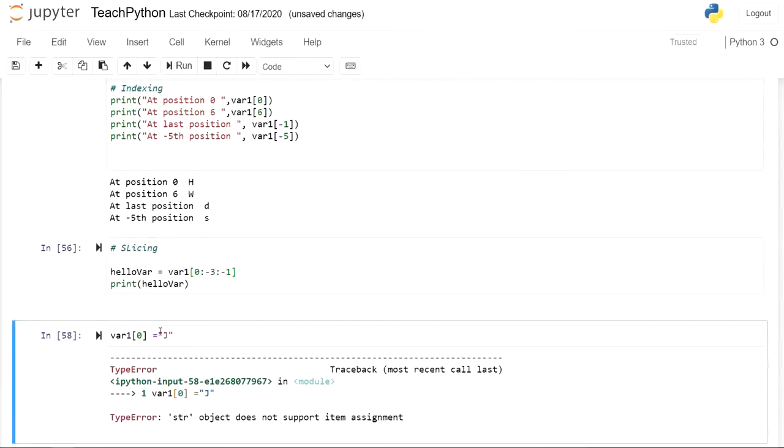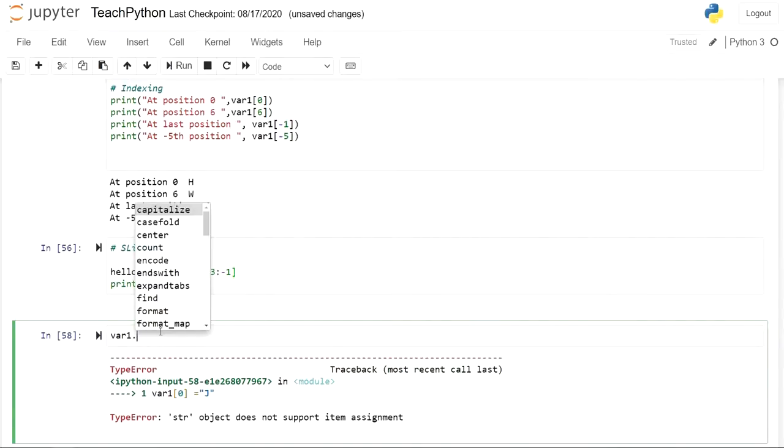Why? Because I told you strings are immutable. You cannot change a single character of a string or replace it with one. So this is what immutability means. You cannot change any character of the string. You can do that but using a replace function. We will cover that now in detail. Let's see what are all the options available.